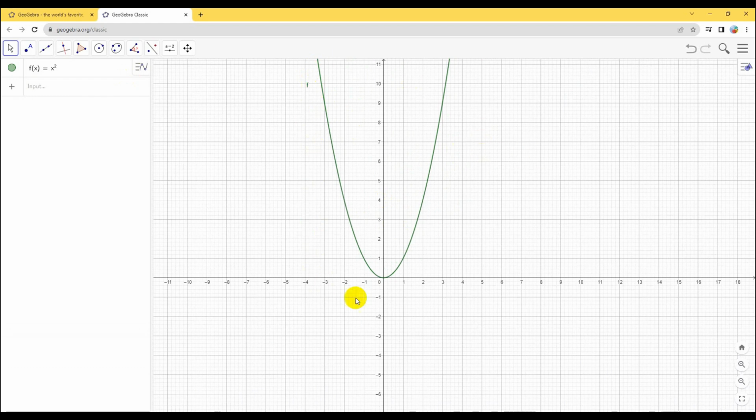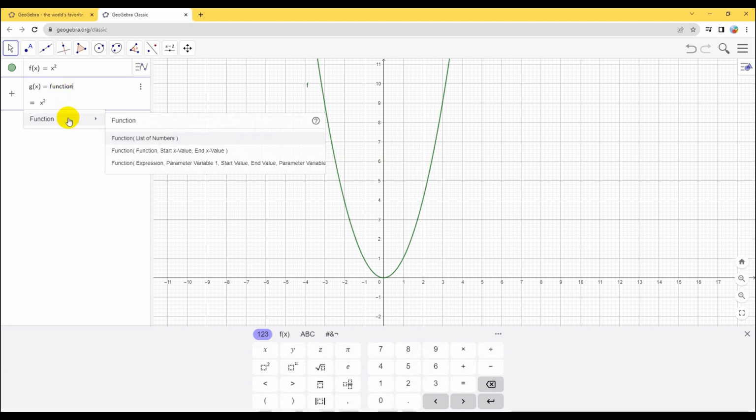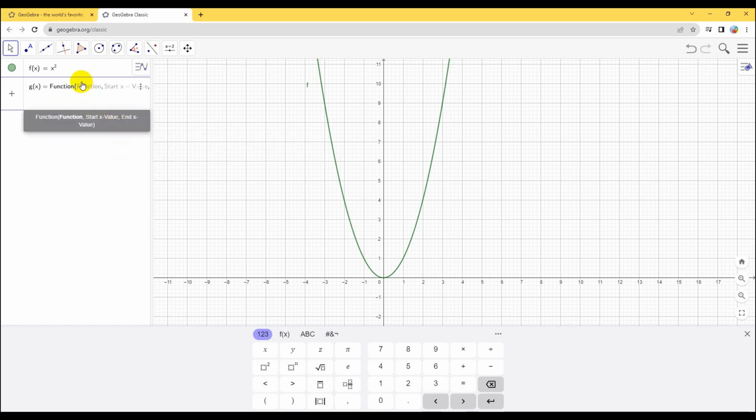However, GeoGebra does allow you to limit the domains of a function, and we could do this by typing in another input. So this time I'm going to type in g of x is equal to, and then I'm going to type in function and pick the second option, which is function, start x value and ending x value, which is your domain range. So our function rule this time will be x to the power of 3 or x